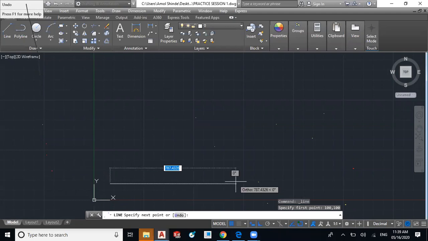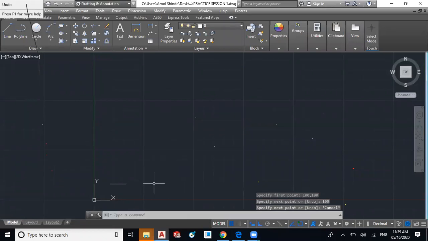Then I have to draw a horizontal line of 100 mm. So I will specify the 100 mm distance and press enter. Press escape to come out from the command. To come out from any command or to cancel any command, you can press the escape button of the keyboard.